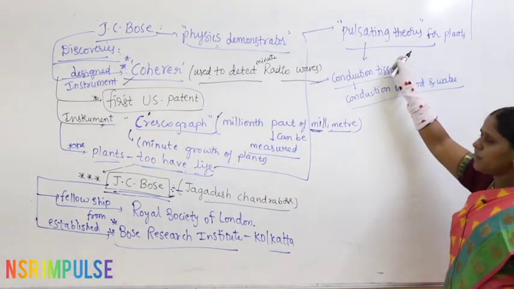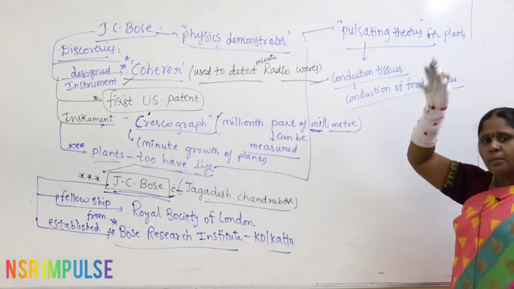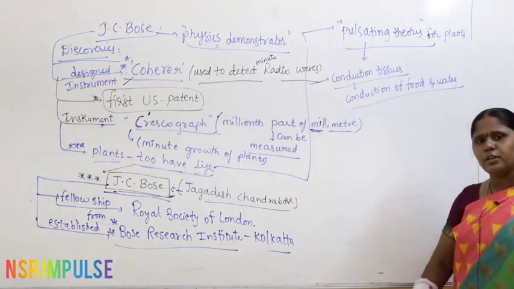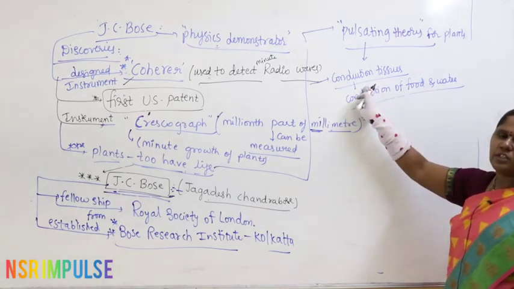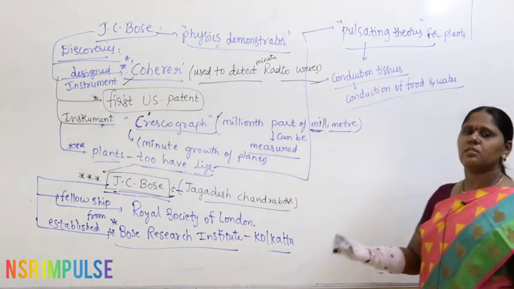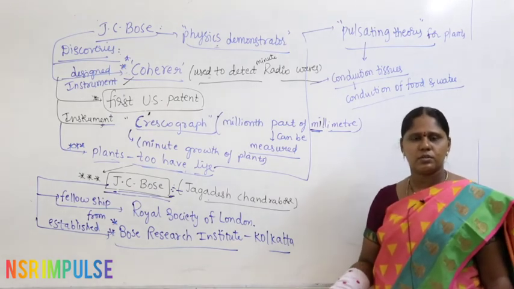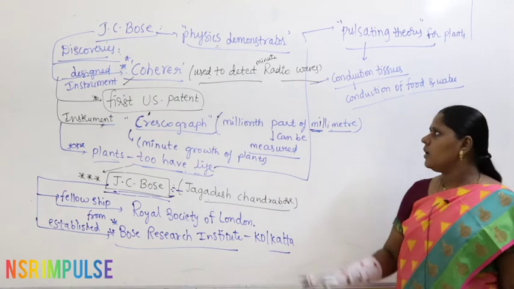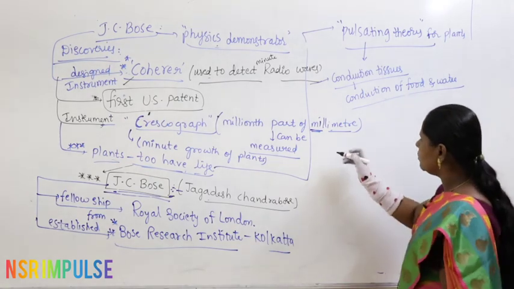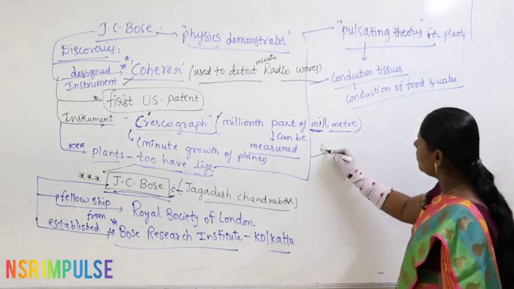What is the pulse for the plant? Conduction rate. In plants also there is a continuous conduction of food and water taken care of by conduction tissues. What are they? Vascular tissues. What do vascular tissues consist of? Xylem and phloem. Right. Now all his research work he has written in the book called